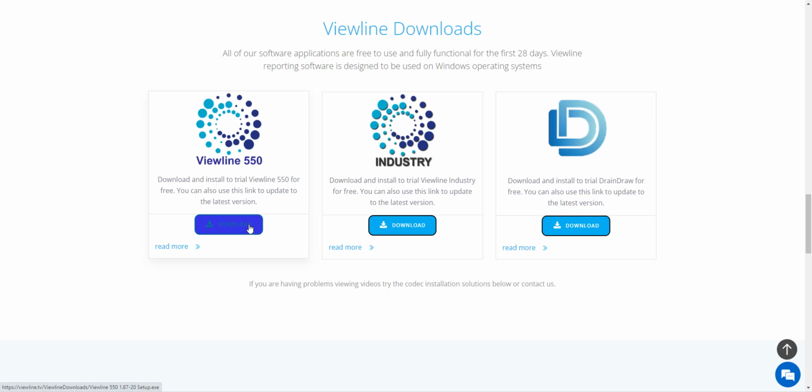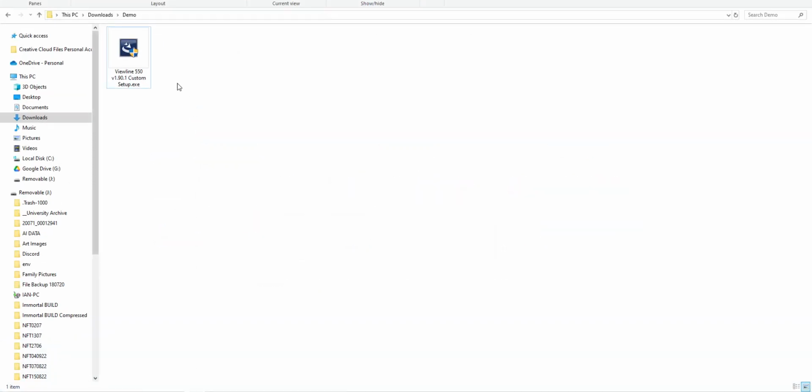accept the download, and that download will probably go to your downloads folder or wherever you save your downloads to. I'm not going to do that now because I've already downloaded Viewline. I don't need to do that again. So once it's downloaded, we have the setup exe here. It might be an MSI. Okay, so double click on that